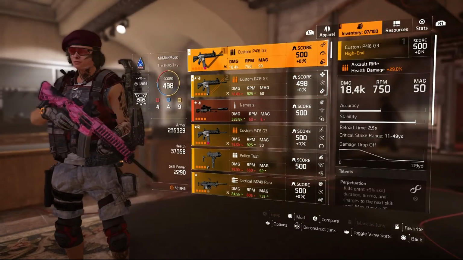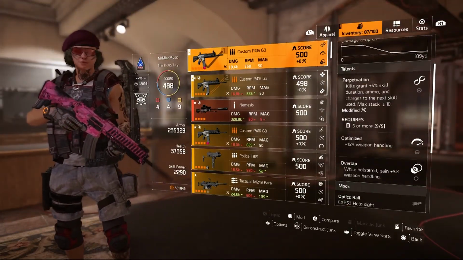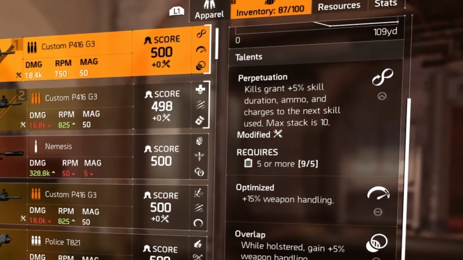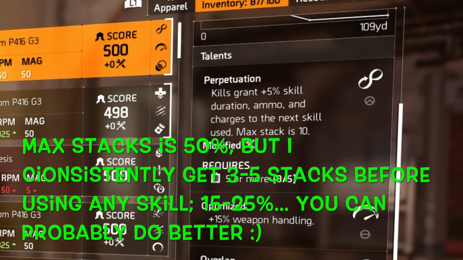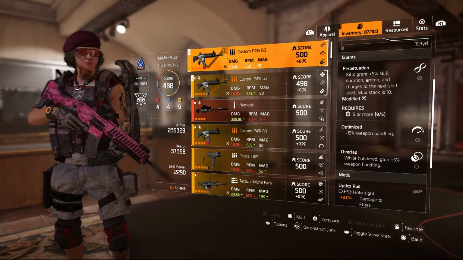But most of the time I'll run with this one. I think it has significantly more damage. But then the other thing is the perpetuation. And that's plus 5% duration, ammo, and charges to the next skill used, max stack 10. So of course I want to use that in conjunction with the hive. And so I'll use this, try to get the headshot kill. And if I somehow get just two kills before I use the next hive, that's 10% extra duration